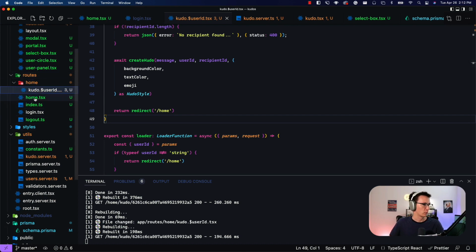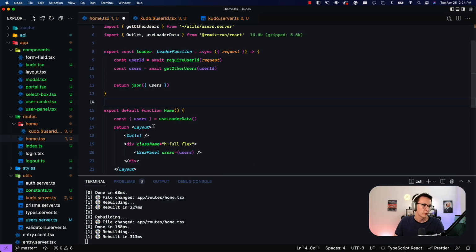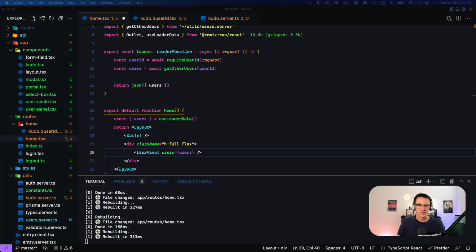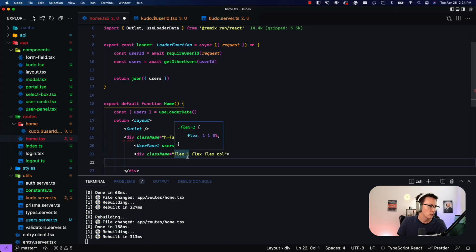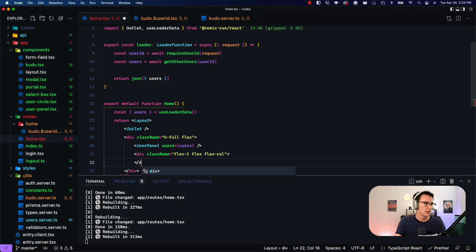Head over to your home.tsx, and we'll be rendering our feed right under where our user panel is in the code here. But we are also going to eventually be rendering a search bar at the top of the feed and the recent Kudos section to the side of the feed. So there are going to be some crafty flex boxes that we're going to have to set up. And so I'll just build those slowly here. We've got our first div is going to be a flex with flex column. That way we can have the search bar appear above our